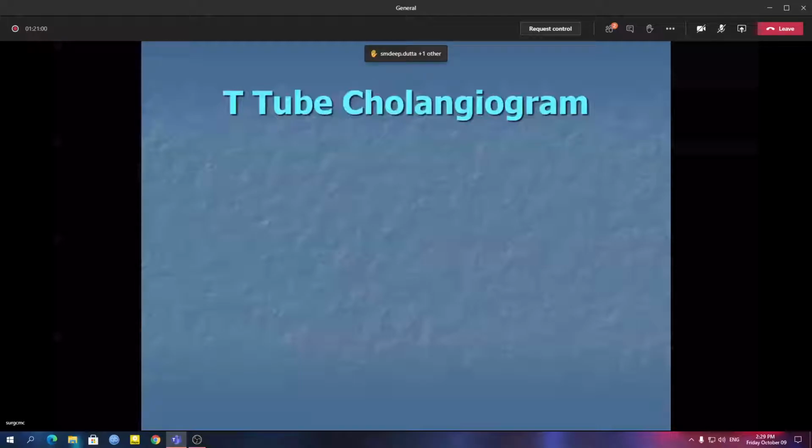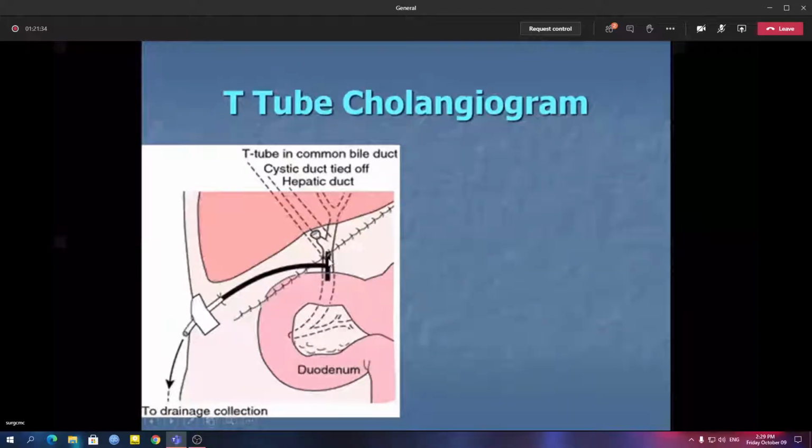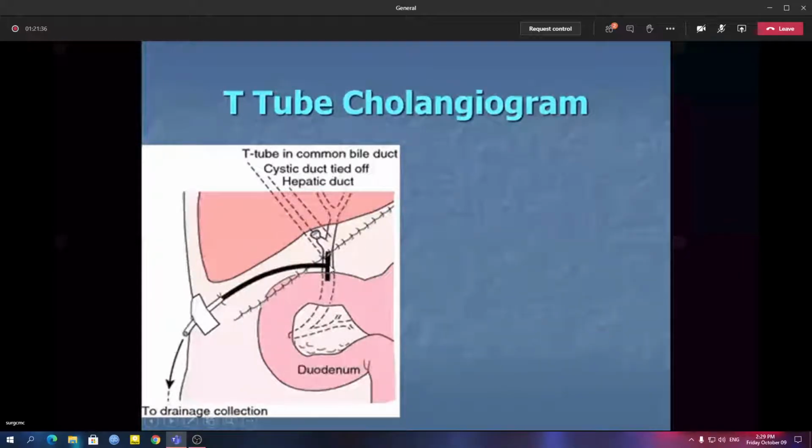T-tube cholangiogram, a very simple thing to understand. We operate on the gallbladder, we remove the gallbladder. We know there may be stones in the CBD. For CBD stones, a better way to take them out is via ERCP. If you don't have an ERCP facility or you are going for an open surgery, you remove the stone from the common bile duct via incision, remove the stone, then put a tube inside the common bile duct, that is known as a T-tube. So it looks like a T,